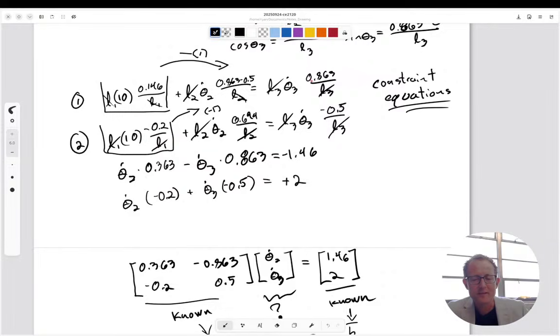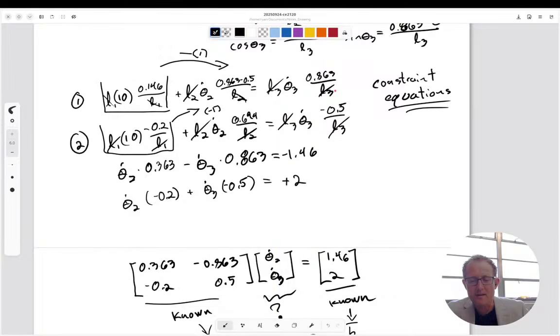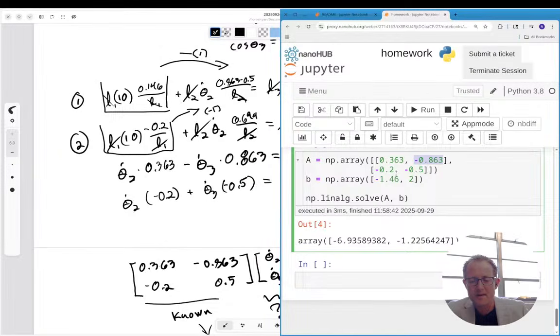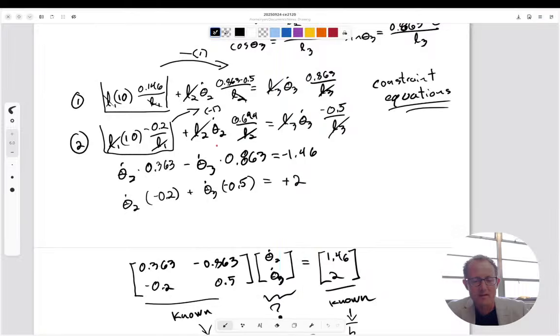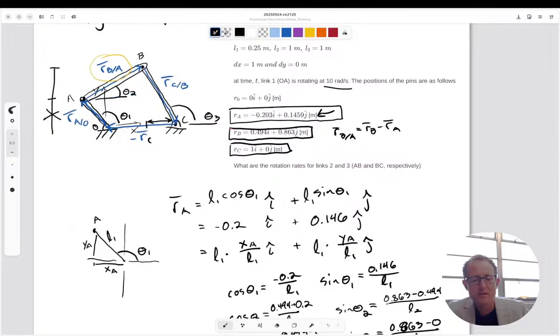So theta 3, that should be a negative, and this should be a positive. So a negative 0.863 times that theta 3 dot. This one's positive. Meanwhile, my sine components should be a positive